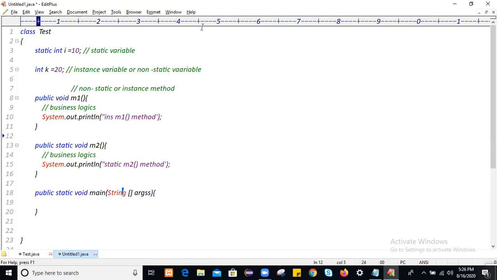Whenever you compile your Java program, during compilation time, bytecode gets converted into memory. Bytecode means you have written this code in string format and your machine doesn't understand it.